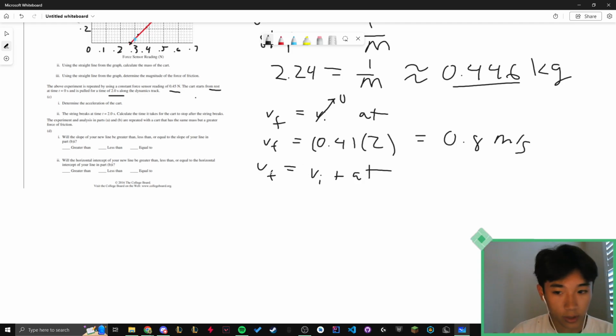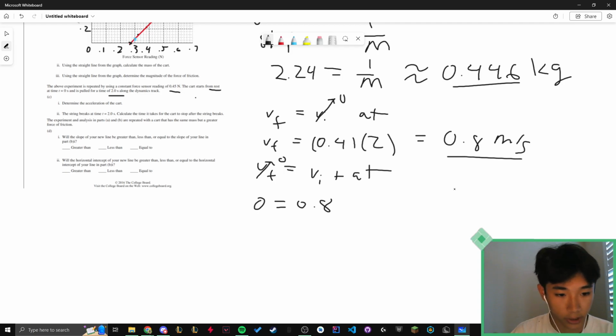So we are solving for the time, right? It says when the cart stops, so that means this v final is actually equal to 0, and this new v initial is actually our old v final. So we can do 0 equals 0.8,